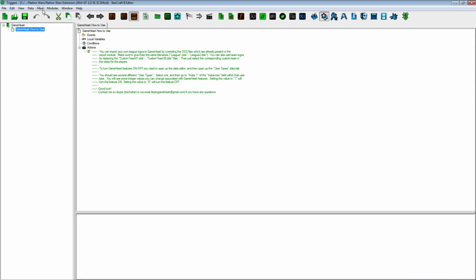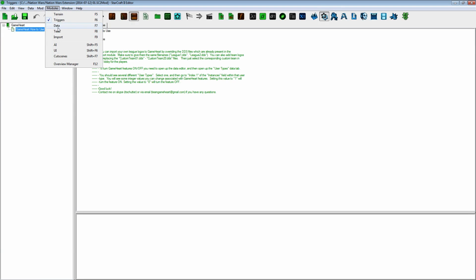If we were to publish this right now, it would do pretty much everything that we need it to do. But first, I want to show you really quickly how you can disable GameHeart features, because with this new GameHeart, everything is on by default, including team sponsors. And I know some tournaments don't want to show team sponsors because they're worried they'll conflict with their own sponsors and that sort of thing. So I want to make it clear that you can still disable this stuff. So let's go to